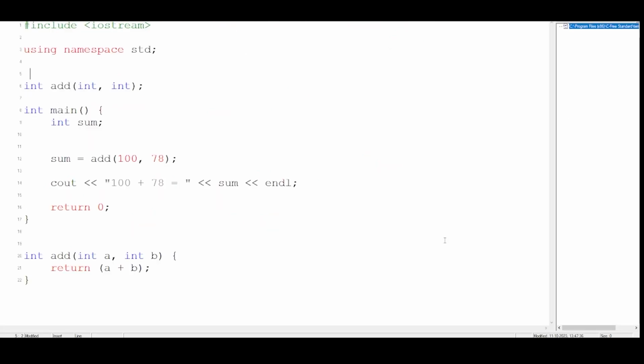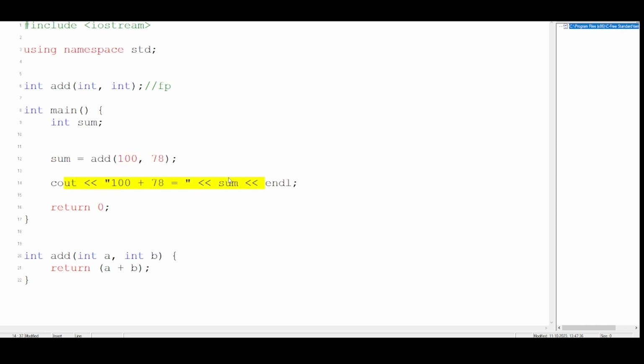So here I have a program, and as you can see, I have tried to do the same thing, just a little bit different. Firstly, I have made the function prototype. So here I'm going to give a comment and write FP in short form for function prototype. Here I have an add function, which has two data types passed to it. Then I have a main function where I have made a variable sum, and that sum is equal to the calling of the function. It's the same, and I'm passing two values to it. And then it's simply printing the sum, which is stored over here. So that means 178 will be stored in the sum, and I'm printing it.